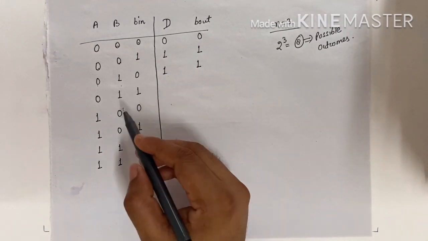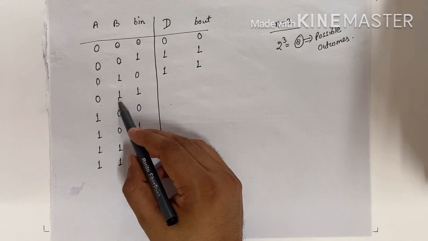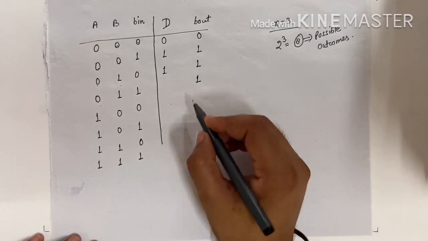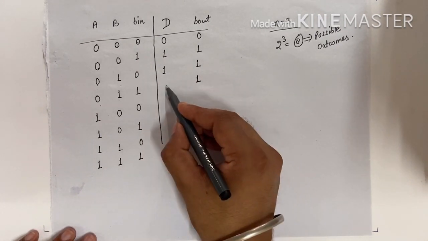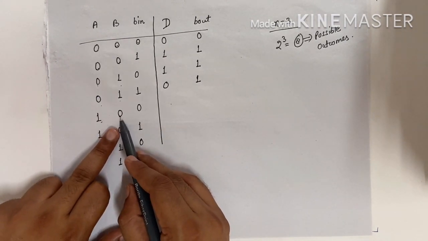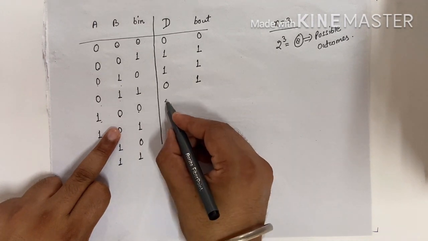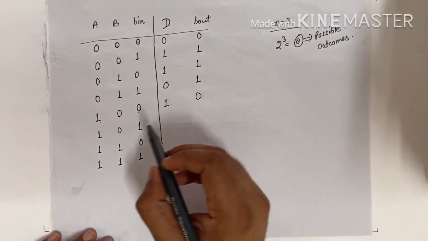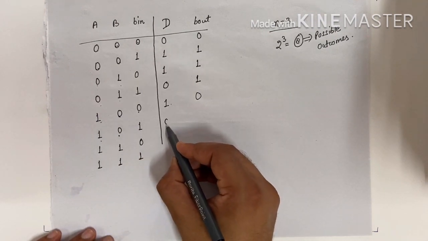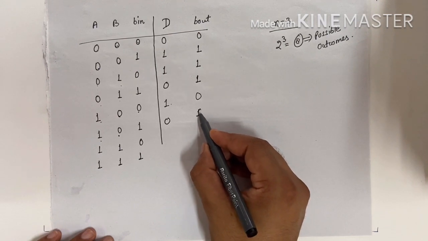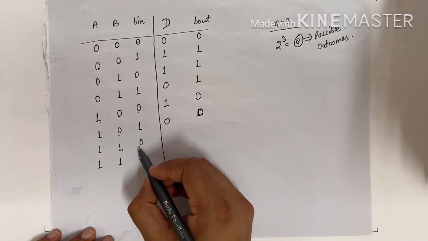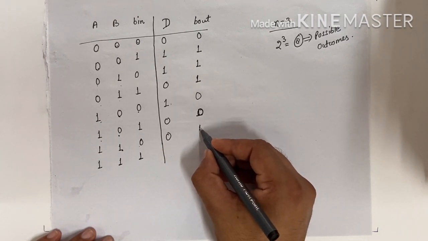It is clear. Now again we can see 0 minus 1 is 1, we have to take a borrow, because 0 minus 1 is 1, but there is a borrow. Then 1 minus 1 is 0. It is clear. Again, 1 minus 0 is 1, 1 minus 0 is 1, and borrow is 0. Then again 1 minus 0 is 1, 1 minus 1 is 0, and borrow output is 0. Then 1 minus 1 is 0, 0 minus 0 is 0, and B output is 0.